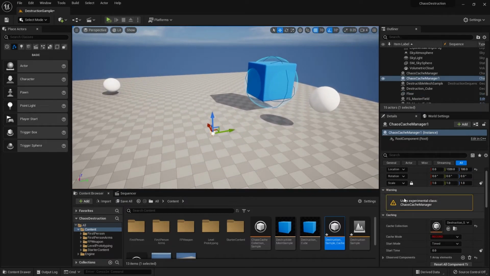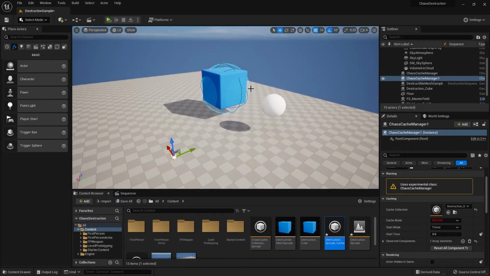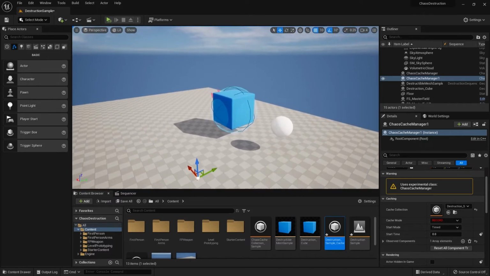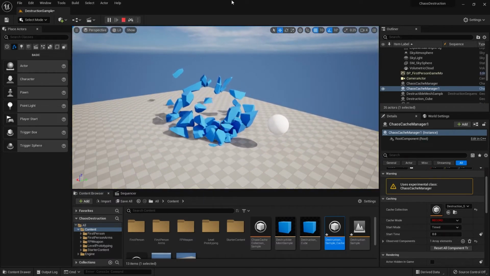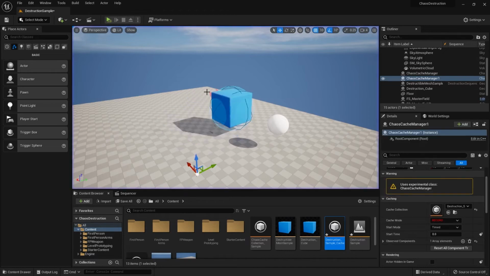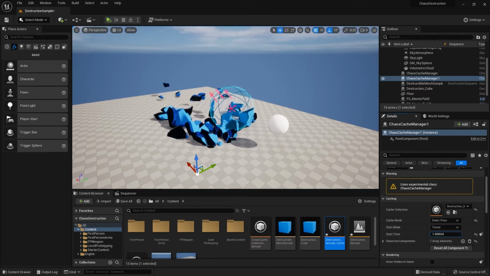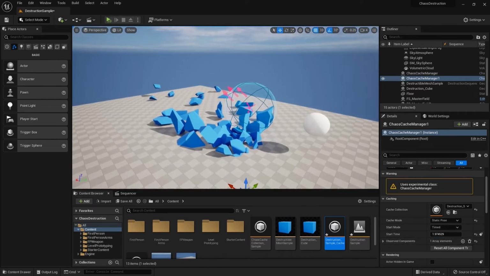And as I said at the beginning of the video, by default it will be in record mode, which will record the simulation once you press play. So if I do that right now, I'll just let it run like so, and you can keep it going as long as you want, and it'll just keep recording until whenever you're happy with it. So I'm going to stop right now, go back to cache mode and change this to static pose, and if I scrub through the time, I can see that it's exploding like so.